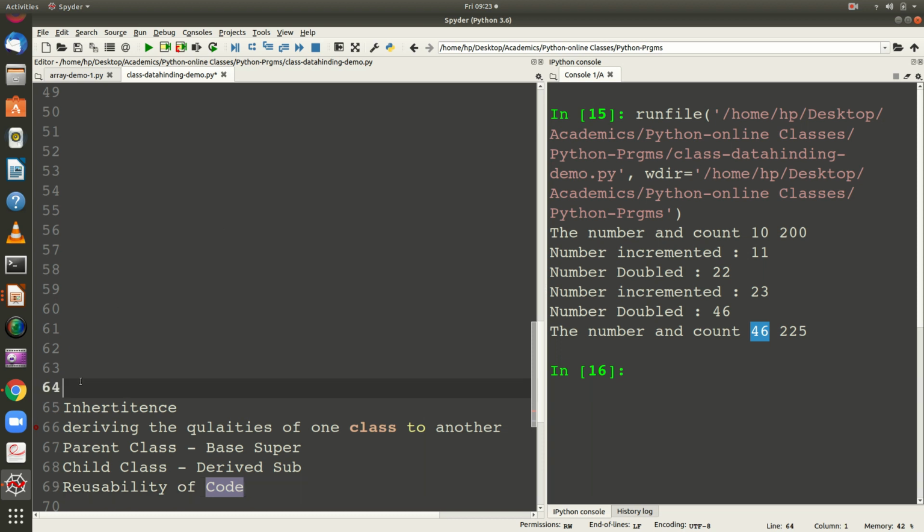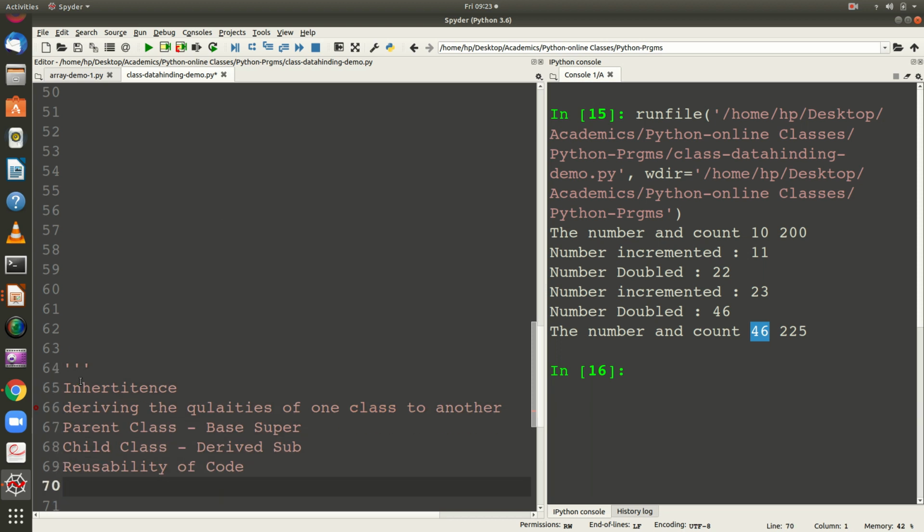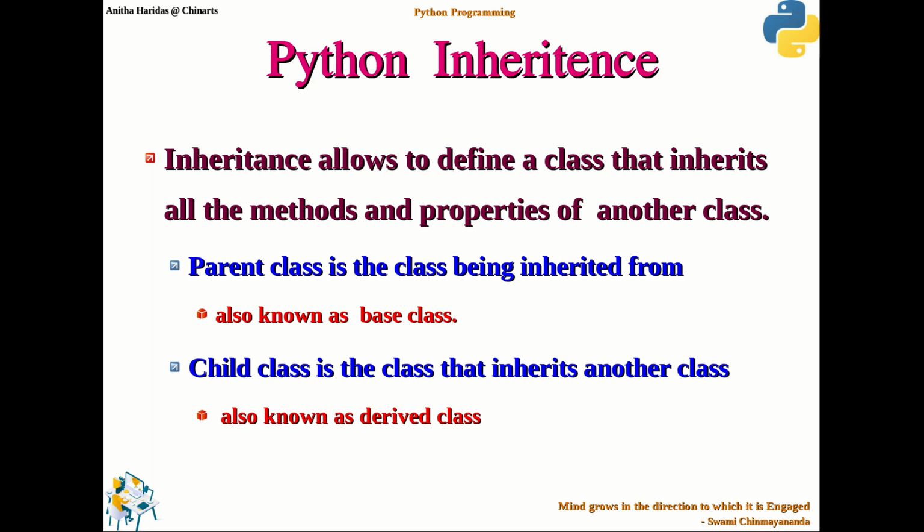So that is the very important advantage of having inheritance. I am going to comment it. Okay, right. So these are some of the terms that you have to remember.